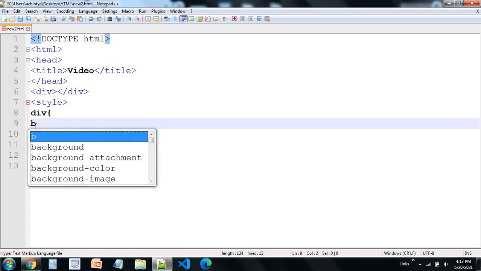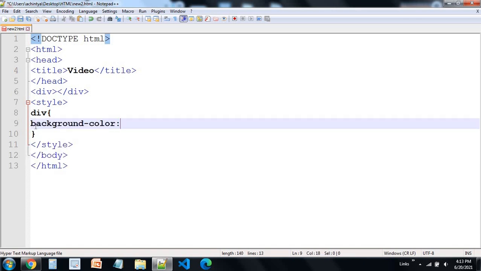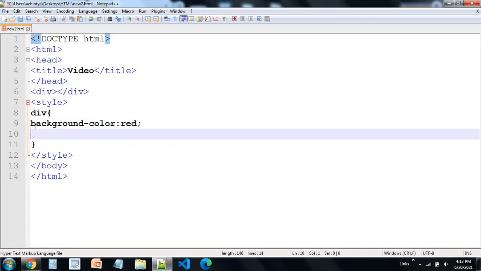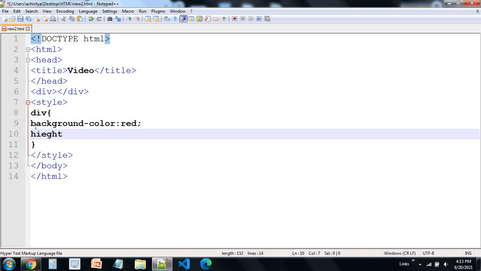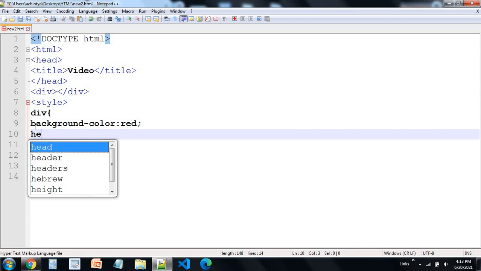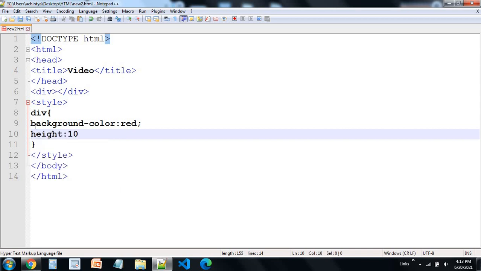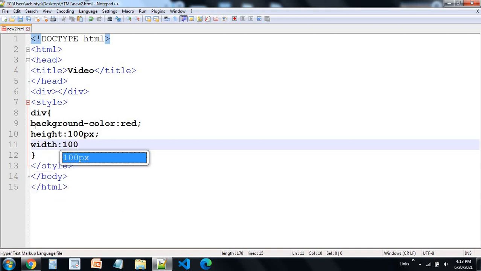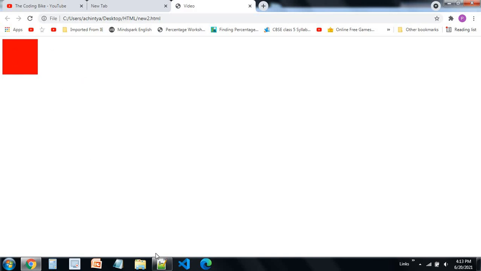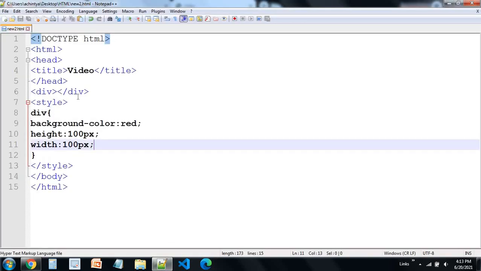Then give its background color red, then height 100px, and width 100px. Just save this and run it. You can see that this div has appeared over here. So now this is just a single div.